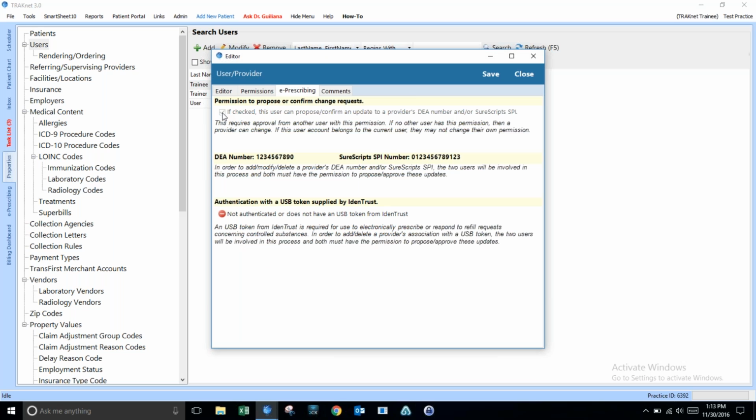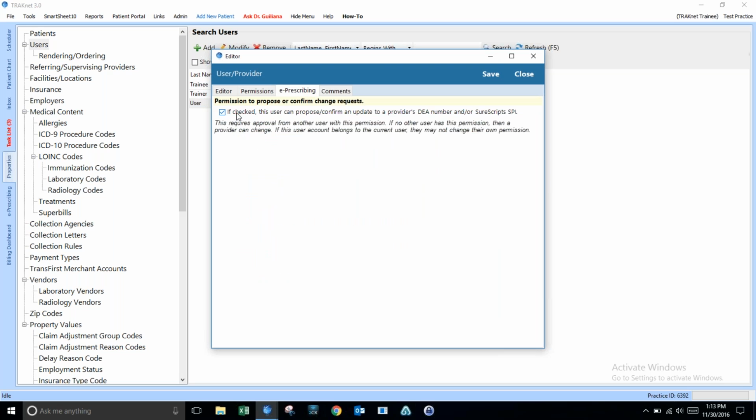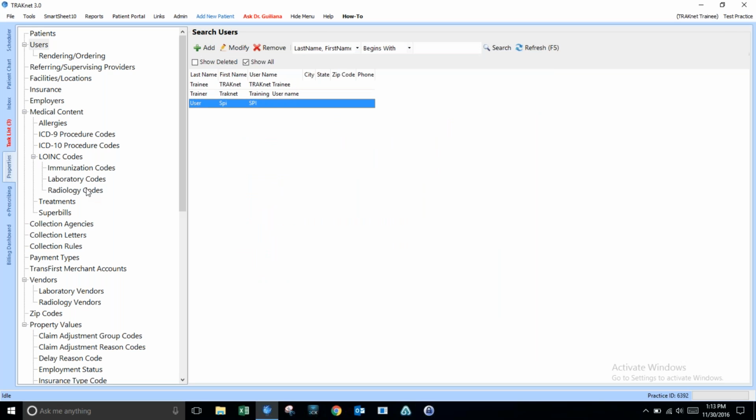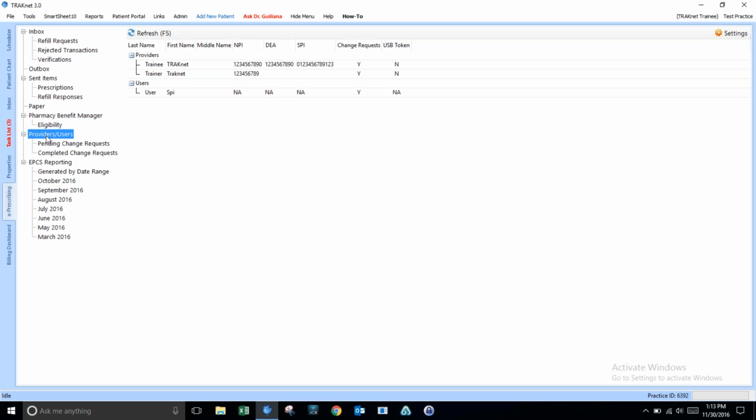Now you notice this checkbox is grayed out because the user logged in cannot modify their own permissions. So I'm not able to change whether or not I have permission or not. Someone else has to change that. So here on this user, we could check or uncheck it depending on what permission level we want them to have. Once a user has permission, they can go to the e-prescribing tab under providers and users,